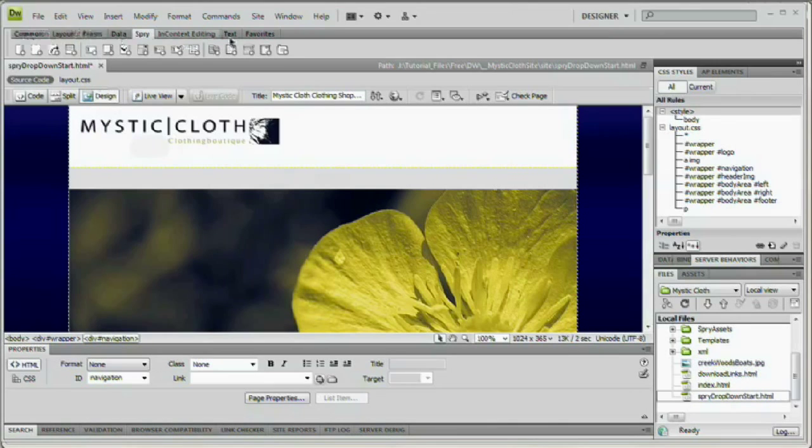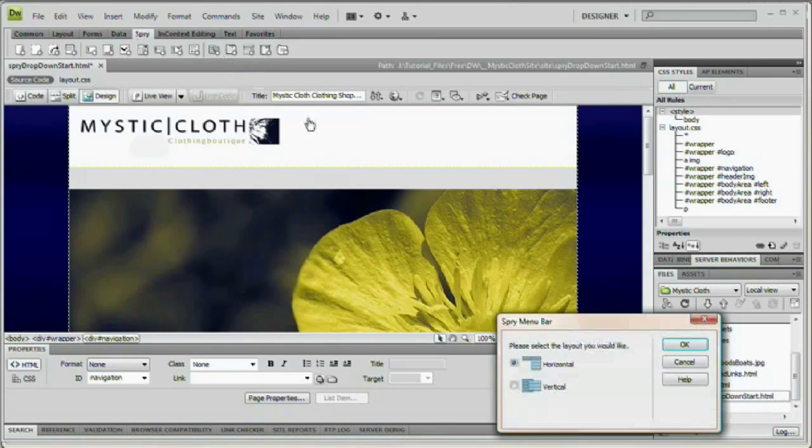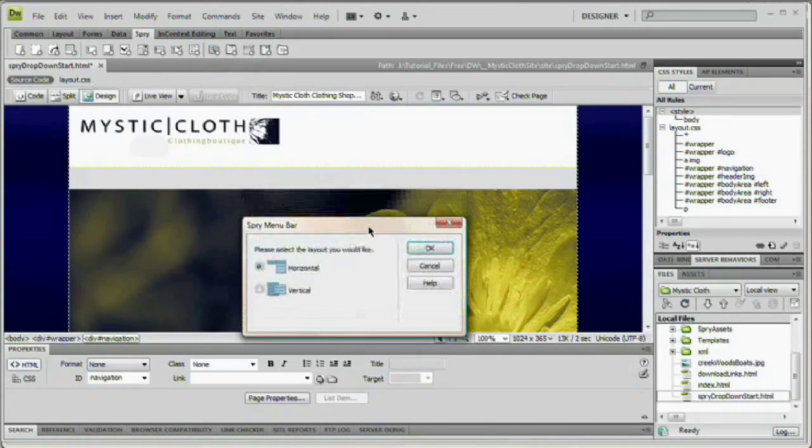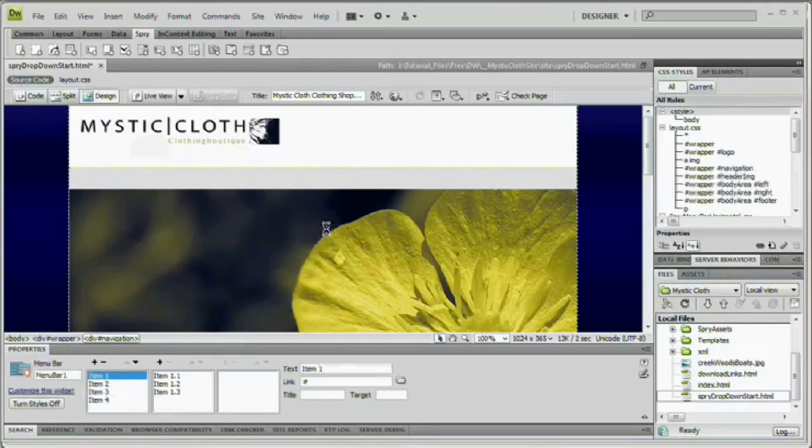And next, you want to come up to your toolbar and find the Spry section. Here's the Spry section in this one. And what we want to do is choose Spry menu bar. Now, when we choose this, note we have the option of a horizontal orientation or a vertical orientation. In this case, we want the horizontal drop-down menu because we want the drop-down menu to go across the screen, not up and down, you know, beside this image, for instance, or anything like that. We want this to be a true drop-down menu. So we're going to hit OK, and it's going to place just a